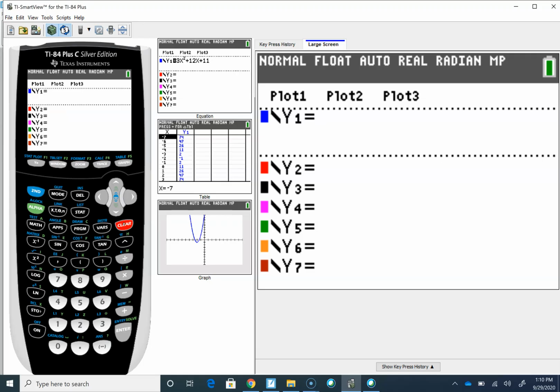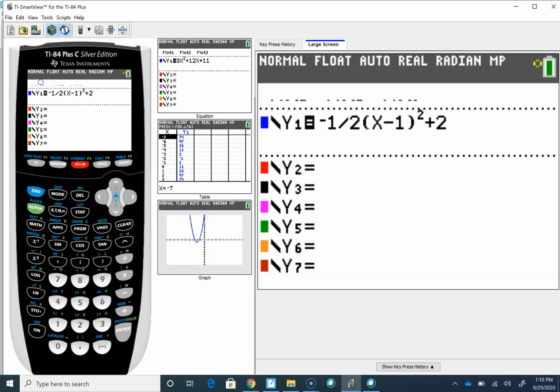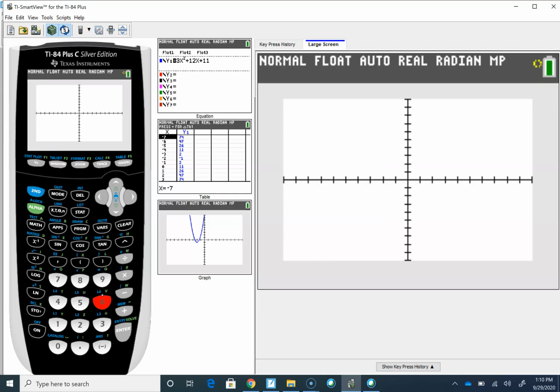Clear this one out. So negative 1/2 (x minus 1) squared plus 2. And I'm still going to do the zoom 6, see what it turns out to be. See if it's in my standard window. And it is. And it looks like it's at negative 1 and 3, but I'll confirm it by finding the